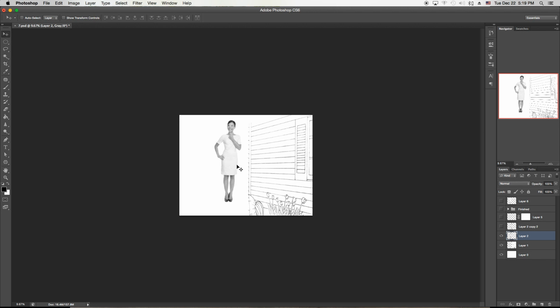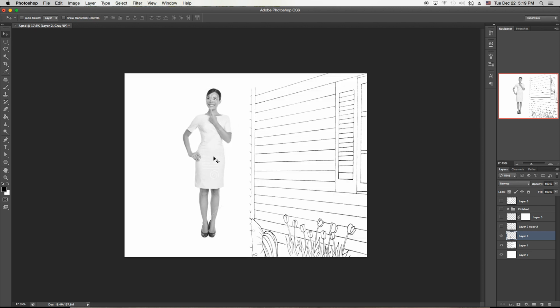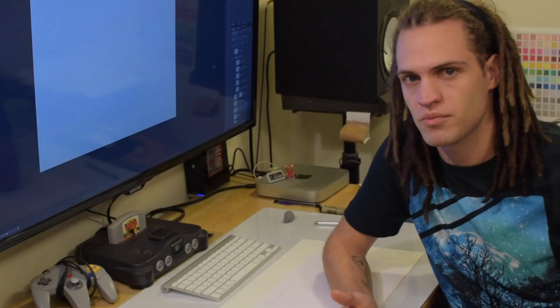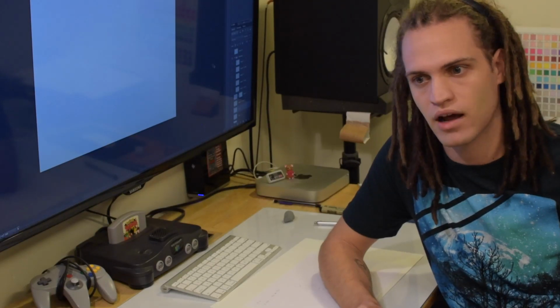Now, I like the body language of this lady. She doesn't quite have the proportions of my character, which is totally fine because I'm not looking to draw this random lady anyway. I'm just simply using it as a guide to how I want to compose the illustration. So basically from this point, I just do this until I finally compose a piece that I like